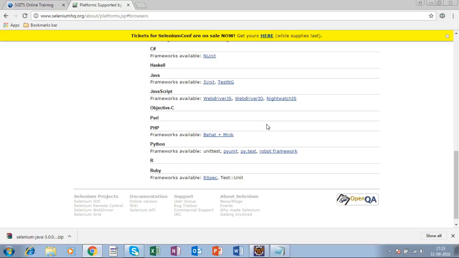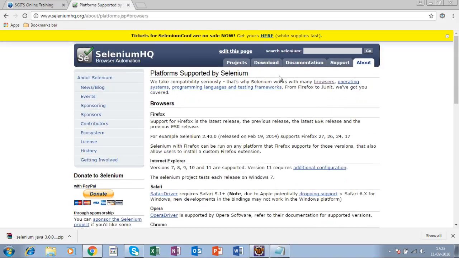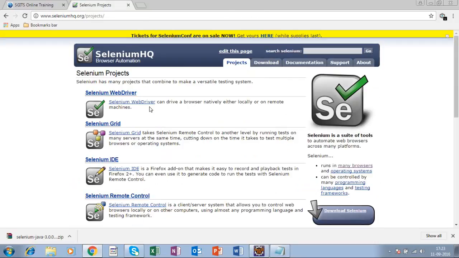This is the reason most organizations prefer Selenium. Selenium WebDriver with Selenium Grid, these are the two combinations using which you can write your scripts. We will see what Selenium WebDriver, Selenium Grid, Selenium IDE and Selenium